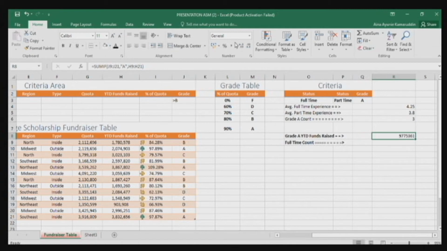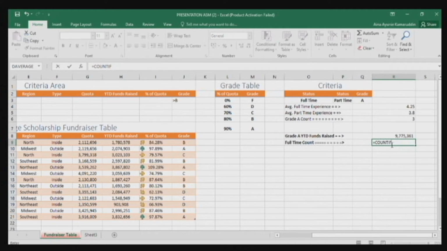You guys can apply the comma style to cell R8 and then click the decrease decimal button twice to decrease the number of decimal places to 0, and then select R9 and then type equal to COUNTIF